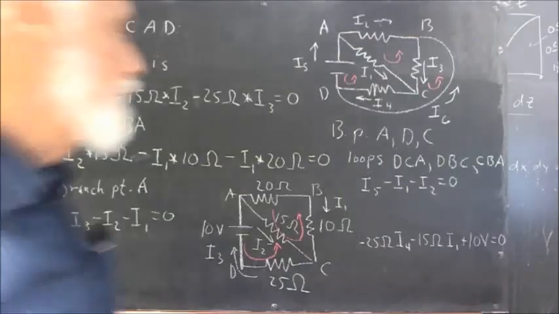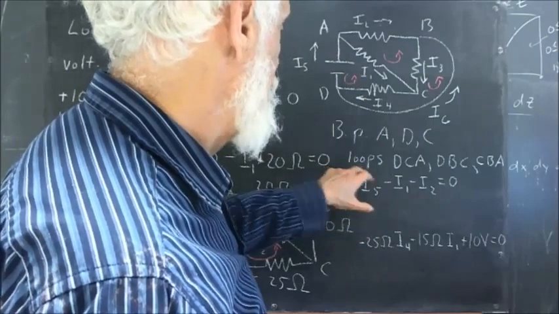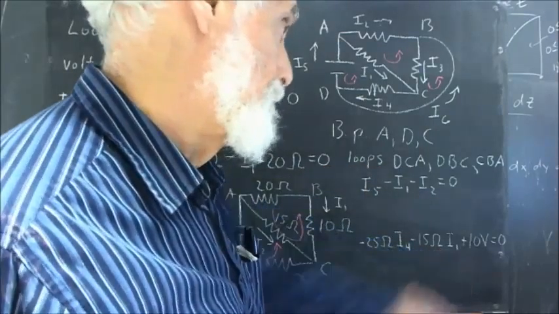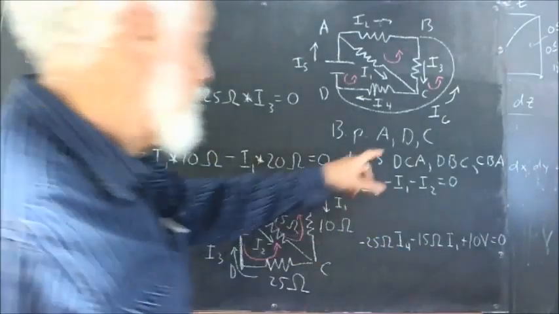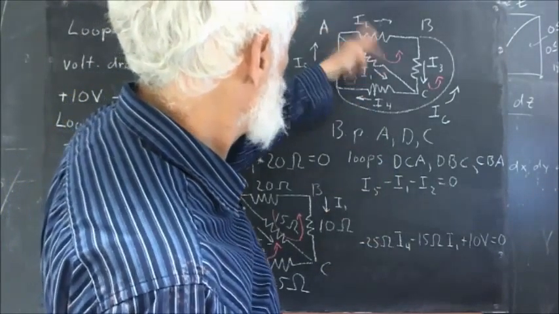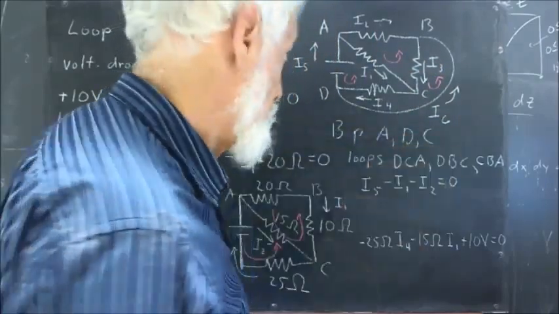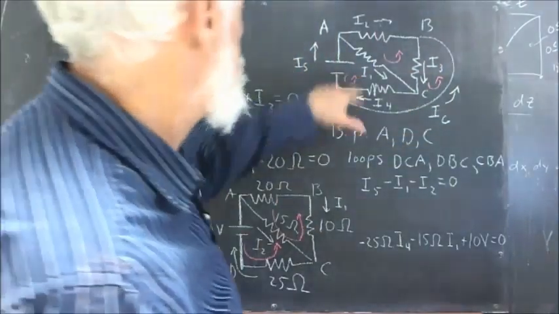Okay, I've written down the equations for the branch point at A and for the loop DCA. At A we have current I5 coming in, currents I1 and I2 going out. So right there is the equation for the branch point. For the loop